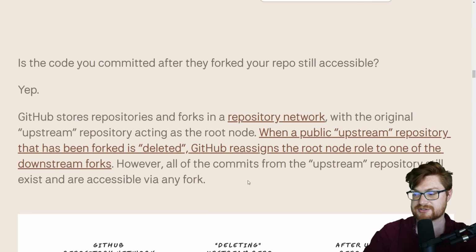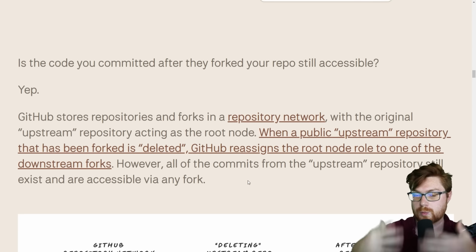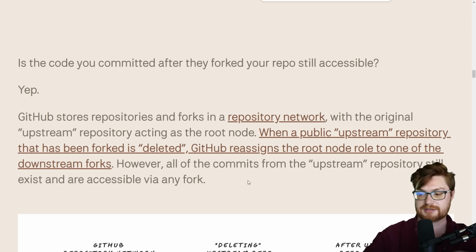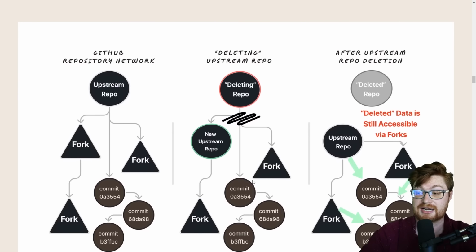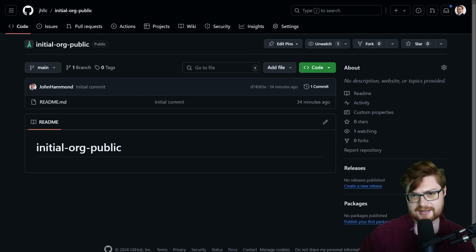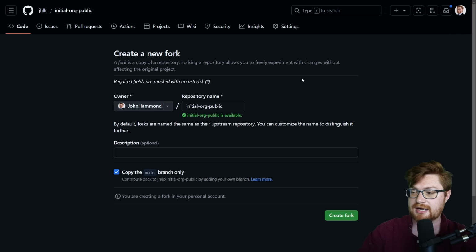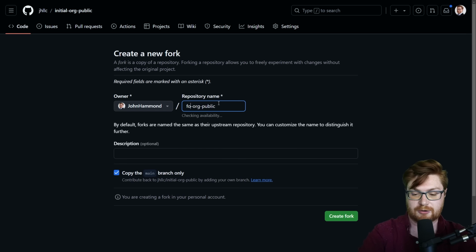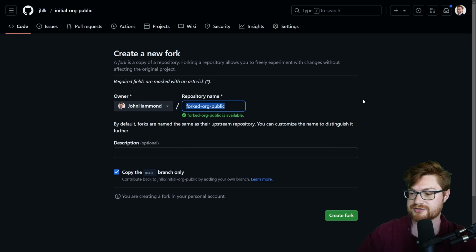Oh, okay. So it's not just finding a needle in the haystack as to which fork did all of the other commits suddenly go to. You could end up tracking this down from any of the forks if you just happen to find one, or discover it online. So let's try that example, right? Let's go back to our initial starting source root node repository that is public. And hey, if any user were to go and fork it, as I will do up here, again, we can make these changes to our forked org republic for just the John Hammond user. I'll go ahead and create that fork.